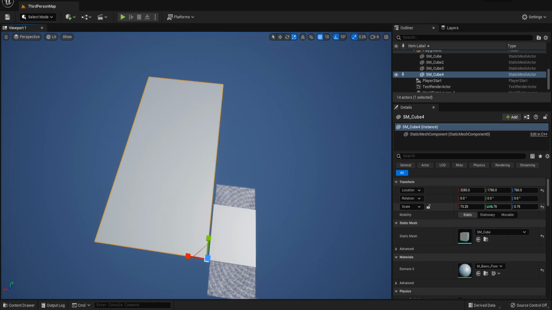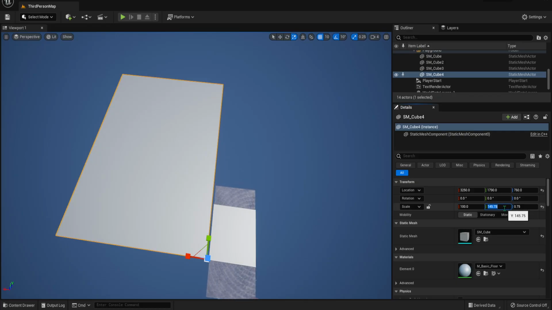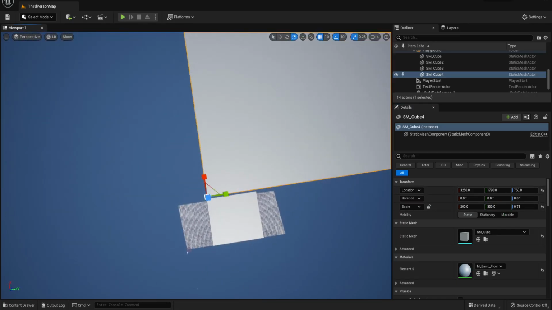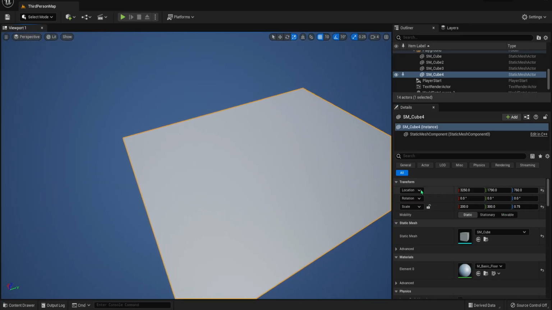I want to scale it. Maybe a little bit too big.